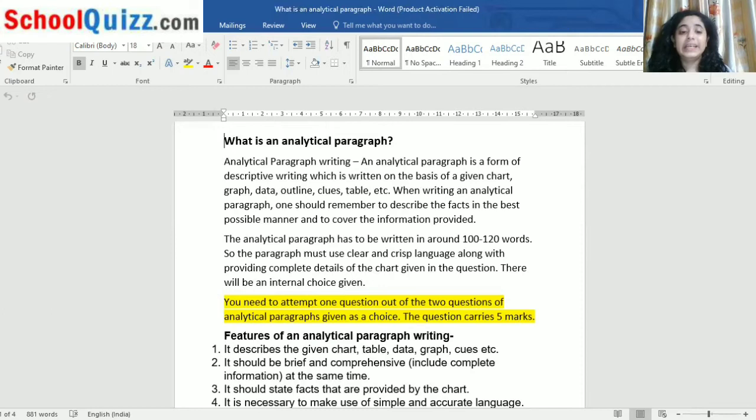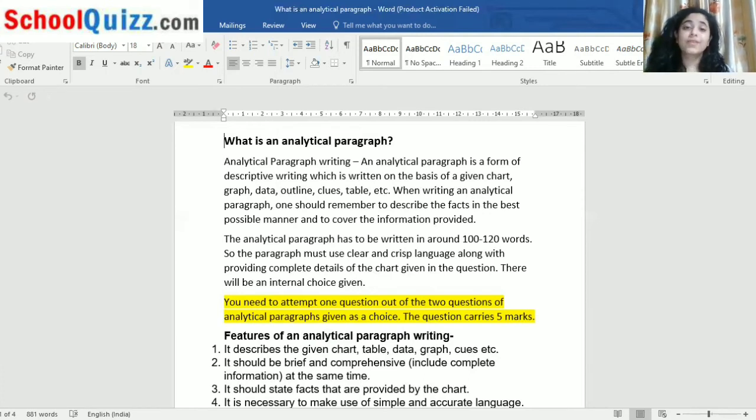There will be an internal choice given. Now, from your exam point of view, it is written that you need to attempt one question out of two questions. You have to attempt one, of analytical paragraphs given as a choice. The question carries how many marks? 5 marks. You have two options, first and second, and you have to attempt any one from this,